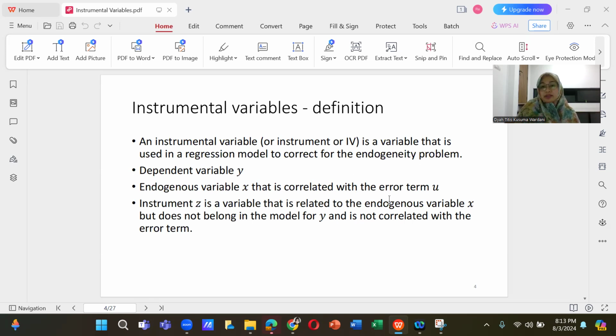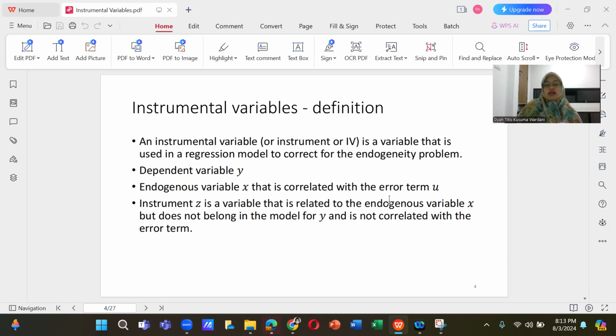What is the instrumental variable definition? Instrumental variable, or instrument, or IV, is a variable that is used in a regression model to correct for the endogeneity problem. So what is interesting and very helpful is that this model will correct the endogeneity problem.